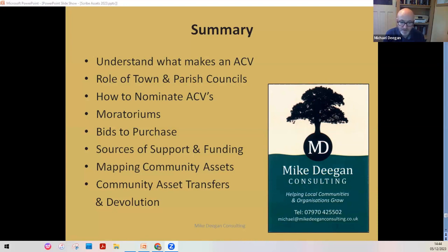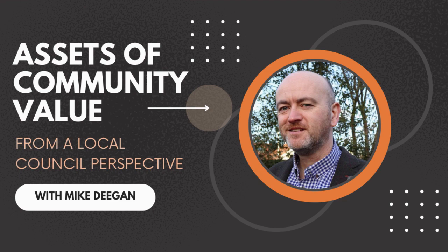And most importantly, the sources of support and funding, and in particular, access to the Community Ownership Fund, has changed things drastically. So try and be proactive there. If you don't ask, you don't get with funding like that. It's a great pot of money out there to tap into. And also be aware of the other opportunities afforded by mapping community assets, and also the CATs, the transfers and the devolution, which you probably already come across with your own principal council. Okay, I've really rushed through that. I'm sorry about that. It's a bit of a rapid exercise, but